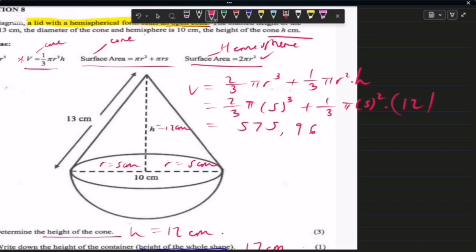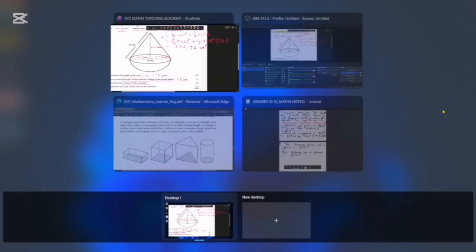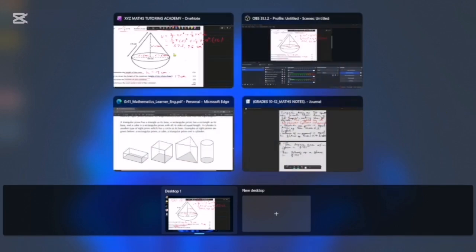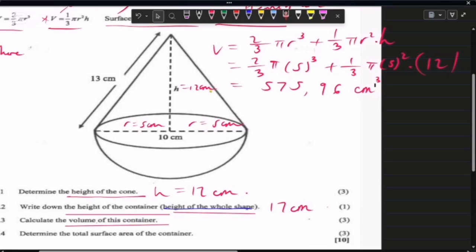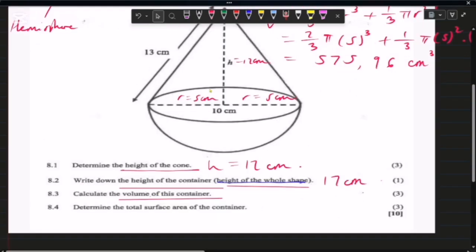And the value we get is 575.96 centimeters cubed. Okay, because we are working with volume. Okay, so this is our answer for 8.3. So our answer is 575.96 centimeter cubed. Okay, and then the following question says that determine the total surface area of the